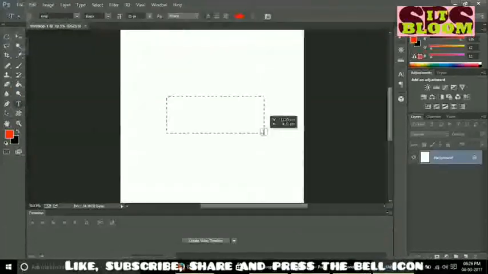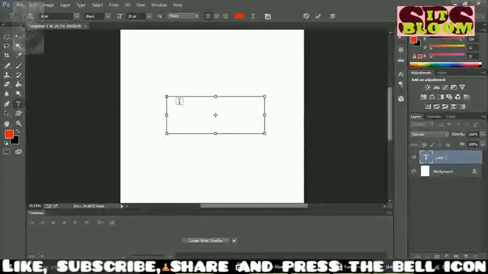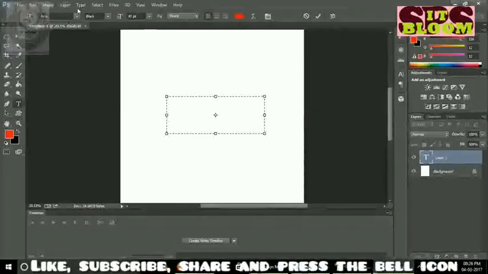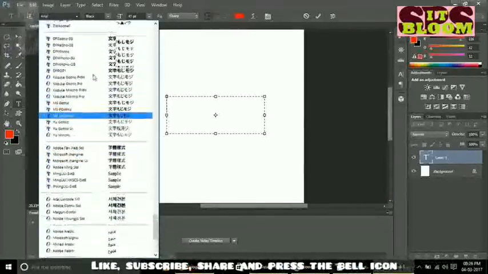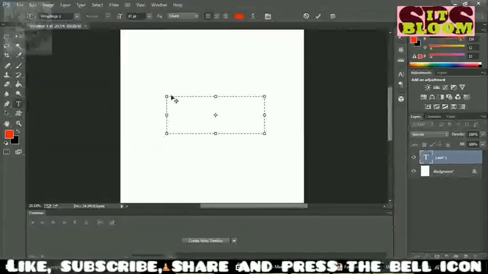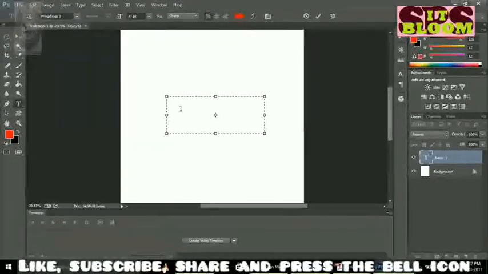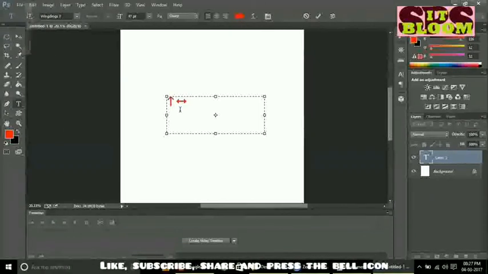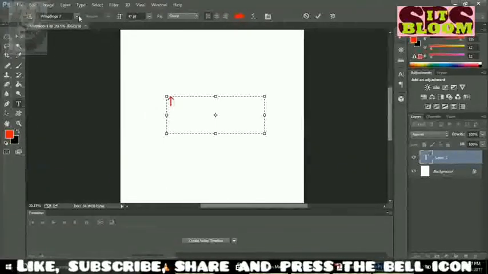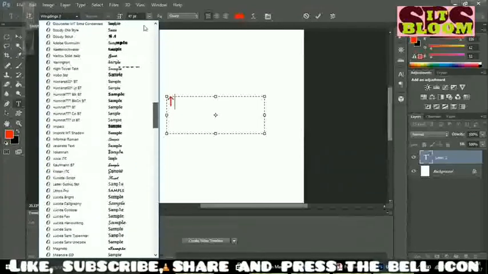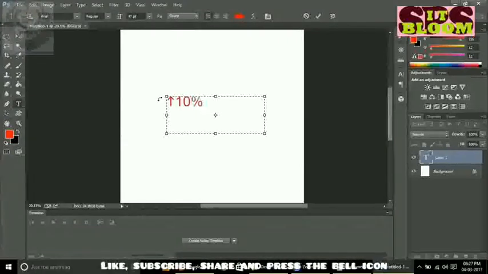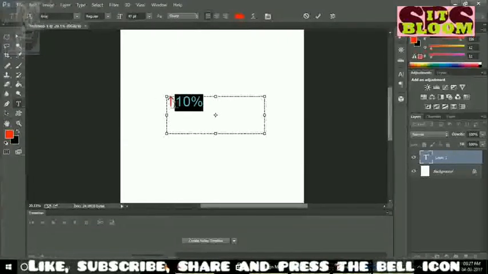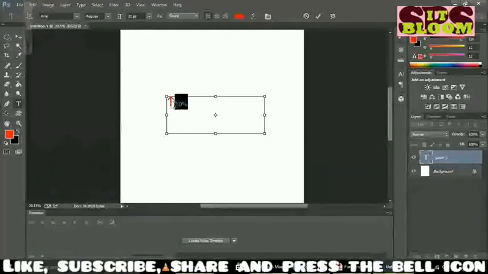I'm going to start with some text here. Okay, let me make it bigger. And if I'm going to choose some font that is called Webdings, I'm going to go to my Webdings font category and type something, maybe this one. So in this font, for this arrow, I have just used this arrow, and I'm going to change my font and use Arial with 10%. Right? And I'm going to make it smaller.